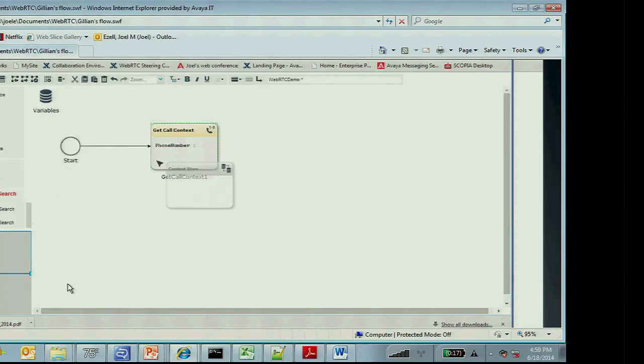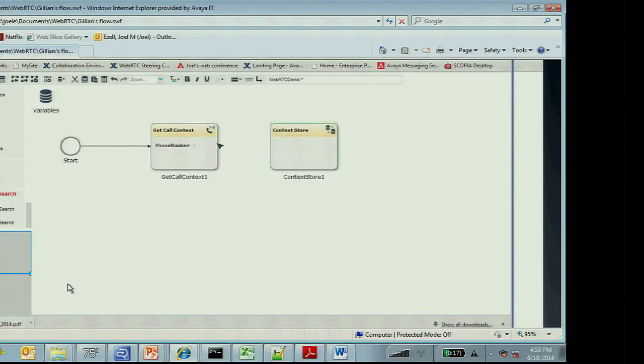Now, I'm not going to show you all the mappings of the different task types that follow because it's all the same sort of thing, and I only had a few minutes, as you know. But we're